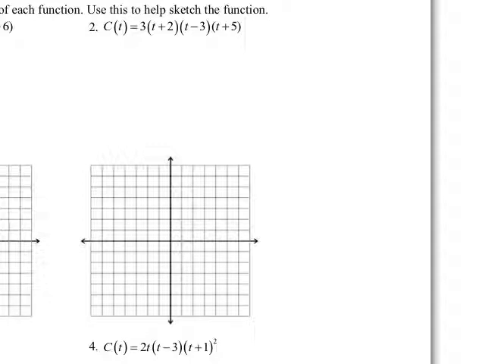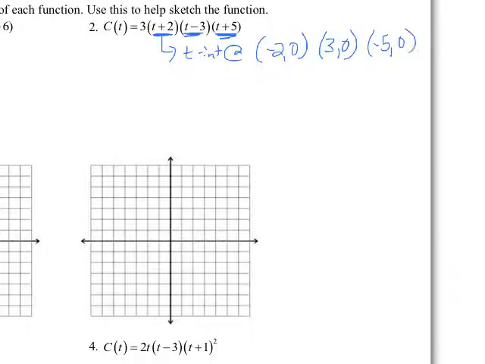So we're used to each factor telling us one of the intercepts, so we can see that there's x-intercepts, or in this case t-intercepts, at (-2, 0), (3, 0), and (-5, 0). Basically, those are the three spots where we're going to cross the axis. So at -2, at 3, and at